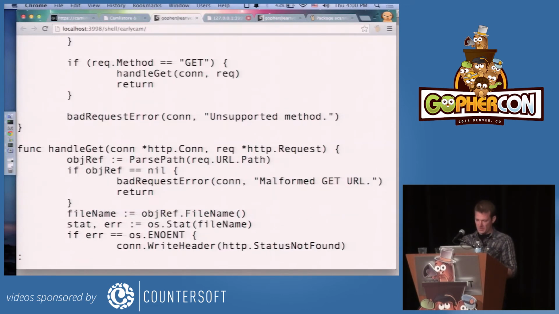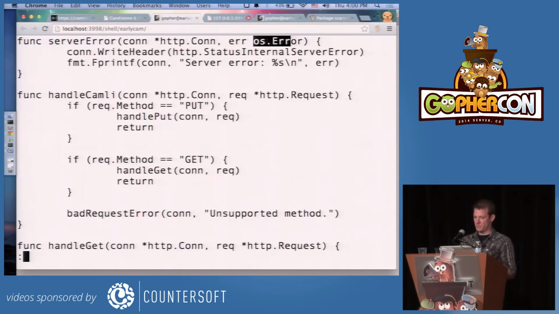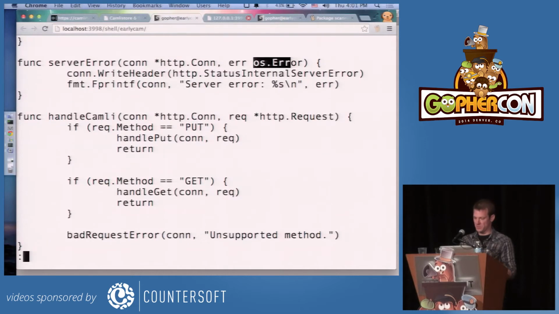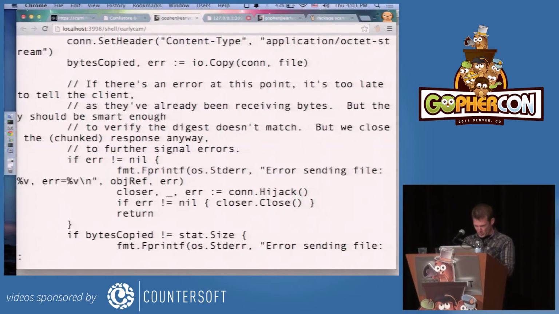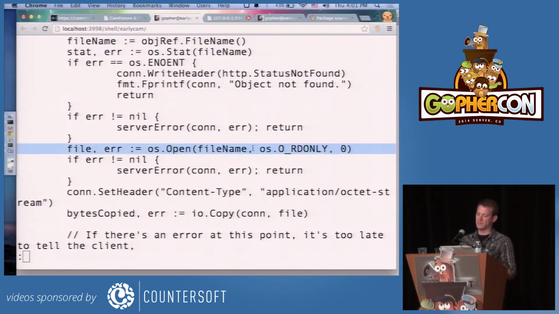But I can do some HTTP things and directly comparing. There's still references to os.Error in here, I think. Yeah, because there was no error type yet, and you had to import the OS package to do errors and all that. But when you open a file, it looked like C. You had to say it was read only and some 0, whatever that was, it doesn't matter for reading, but